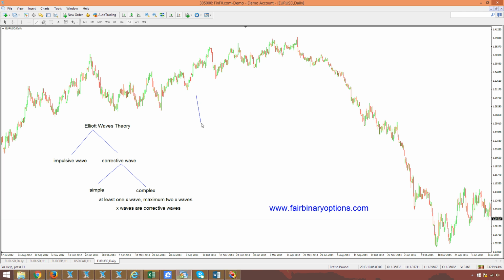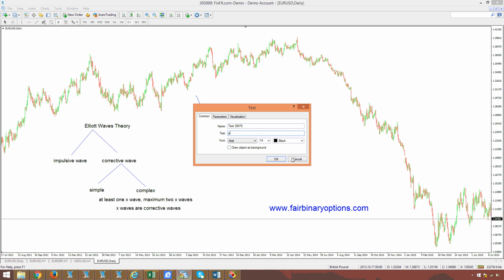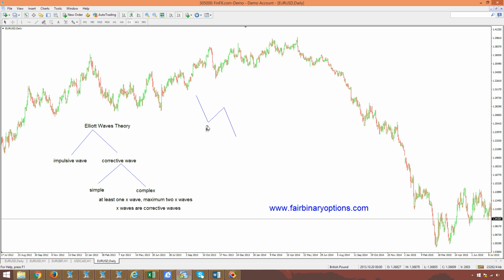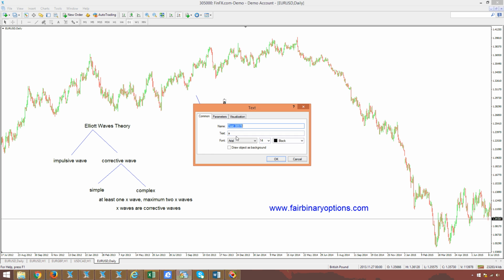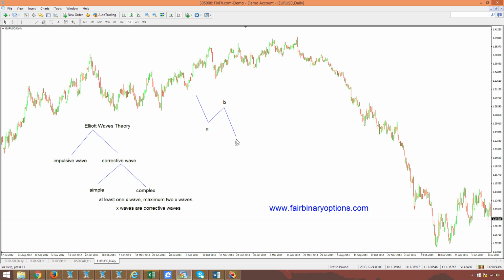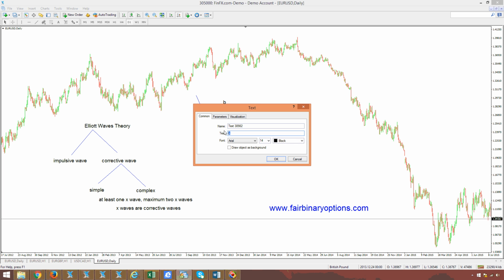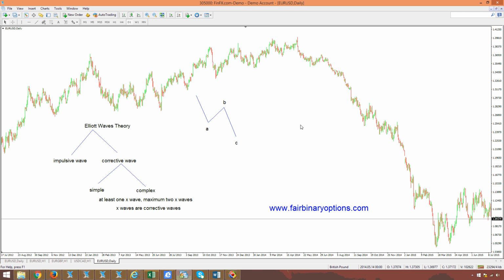Let's go with an example in here as well. Let's say that this is a wave A to the downside. We have a B wave and then we have a C wave like this. In this case, the market is forming a zigzag. So let's put it in here: that we have A, and then B, and then C, A, B, C, like this. Well, if we have A, B, C, then the thing to do is to look for an X